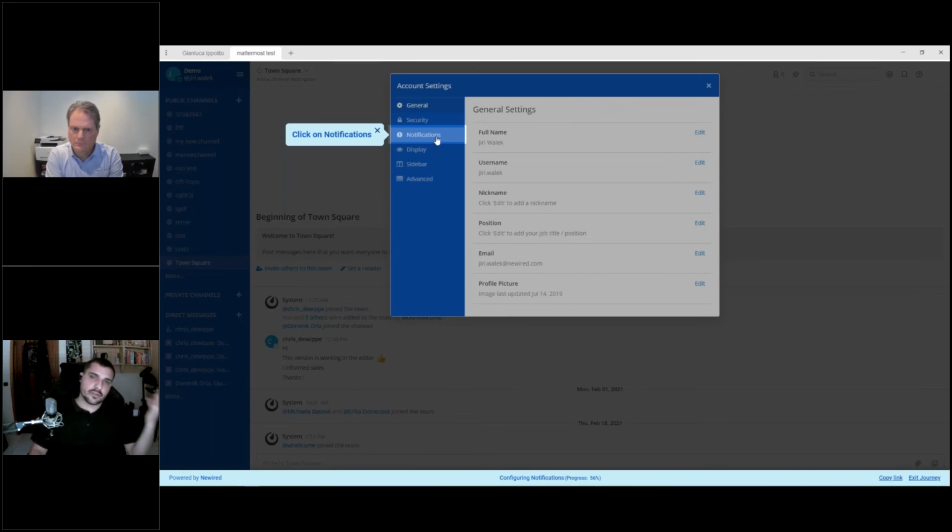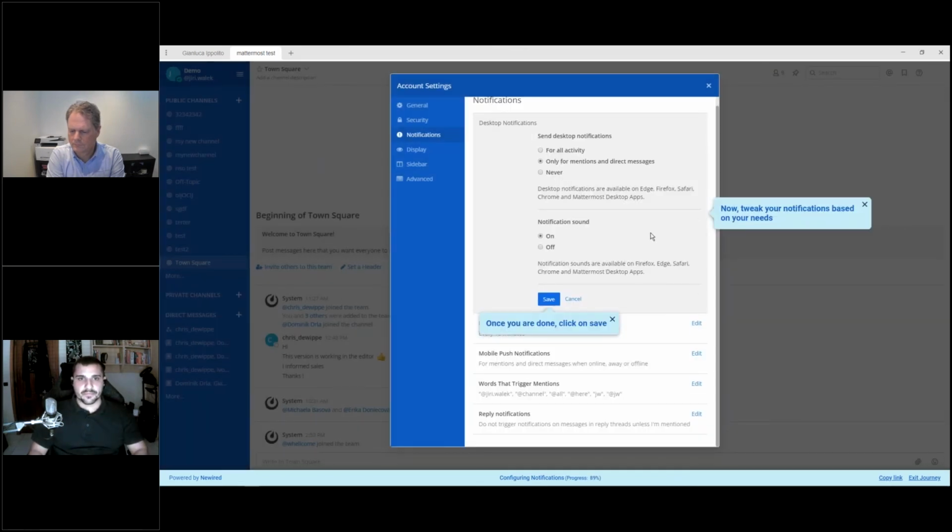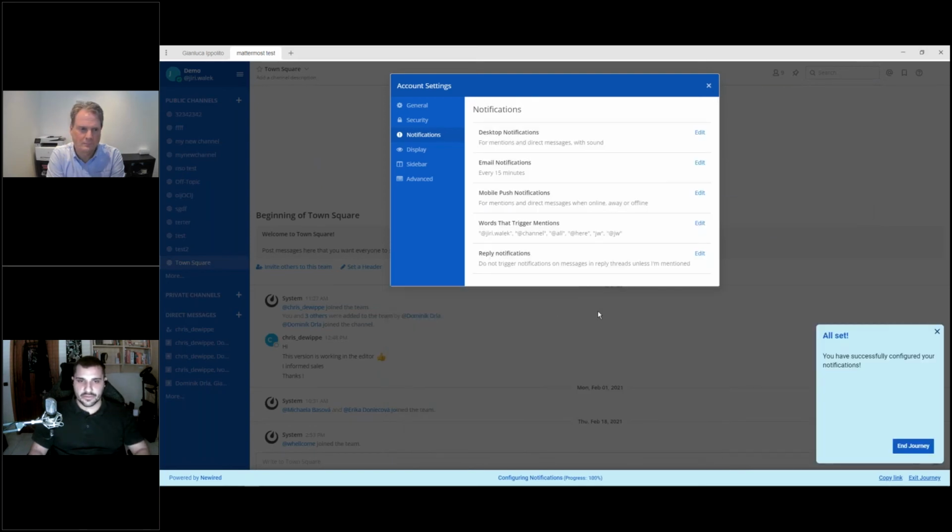Instead of going into, for example, application X and reading the PDF about how to set notification, this is going to be a really time saver for my user, which is going to be more productive, of course, because it's going to save a lot of time. And over here, yeah, we just went through setting up the notification. I can set it as I wish, fitting my needs, and then click on save.